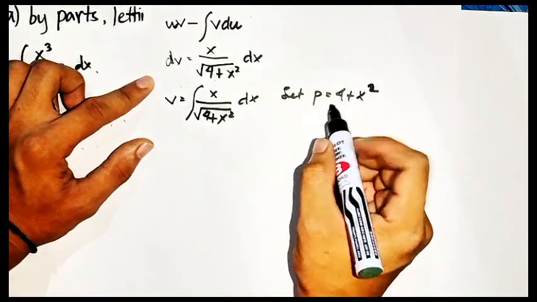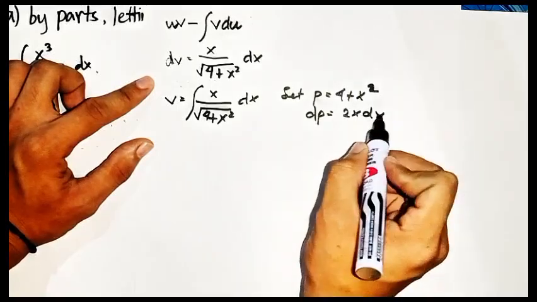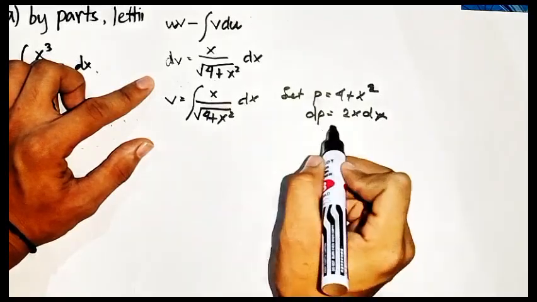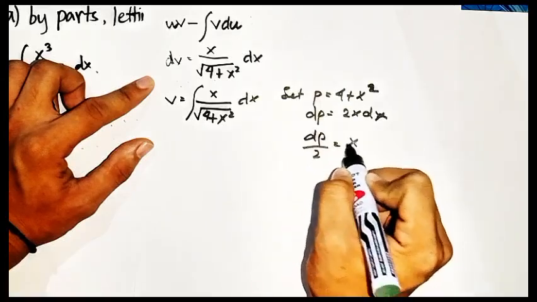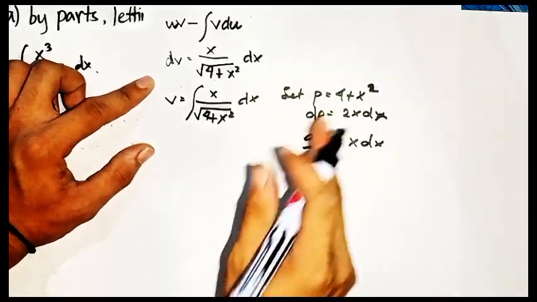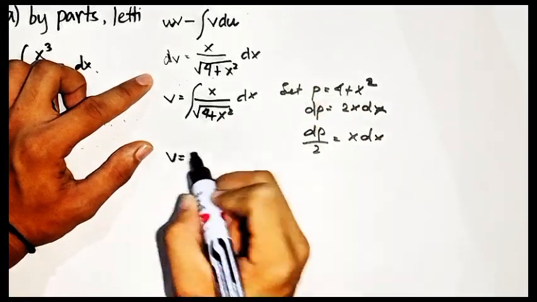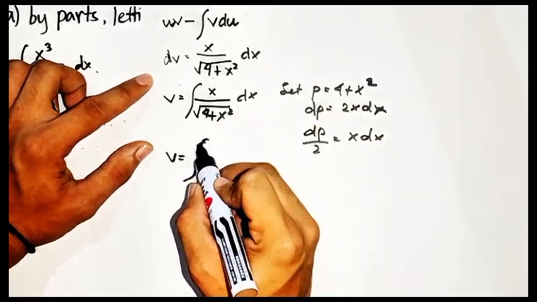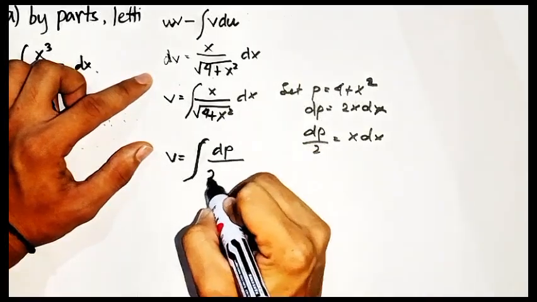And the derivative of p, dp, is equal to 2x dx. Since we have x dx here, let's divide both sides by 2. So dp over 2 is equal to x dx. Now let's use this in our equation. So v is equal to the integral of our x dx, which is dp over 2,